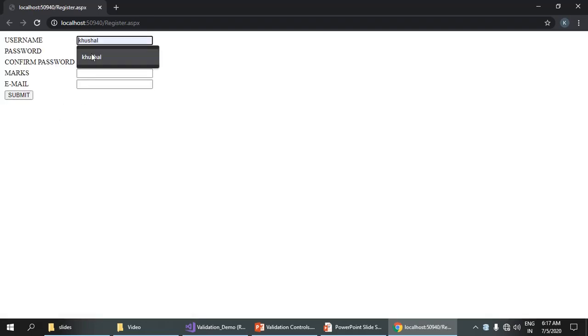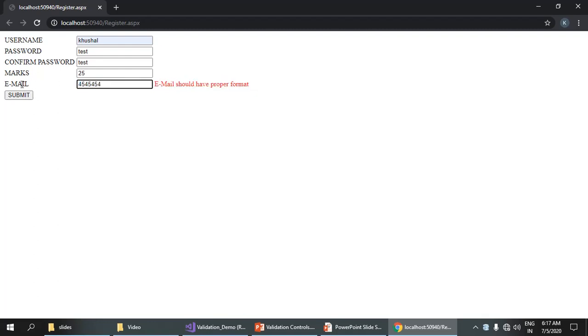Okay, it will take a second to load. Okay, name, password, confirm password, marks, and this is the email ID. So I'm going to enter any characters, then it gives you the error: Email ID should have a proper format.